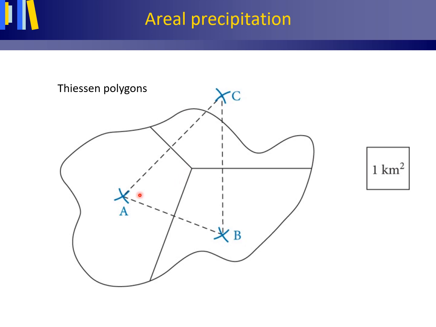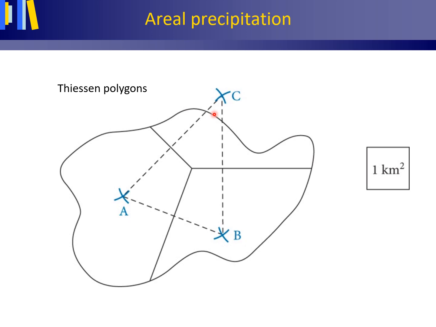To each area that surrounds a rain gauge, the value of the precipitation depth measured in the rain gauge is assigned. So for rain gauge A, it's this area. For rain gauge B, this is the assigned area. And watch out for rain gauge C, which lies just outside our area under study. This is the assigned area. Multiplying the precipitation depth by its representative area, then summing these products for all rain gauges, and then dividing by the total area under study gives us a weighted average of the precipitation depth over the area.